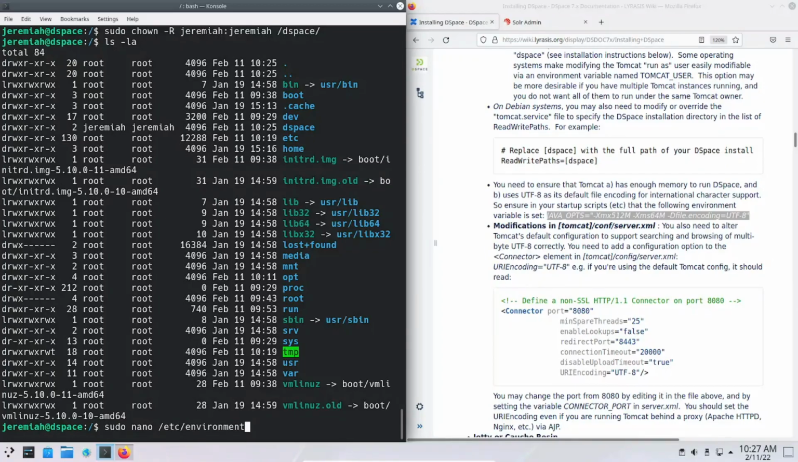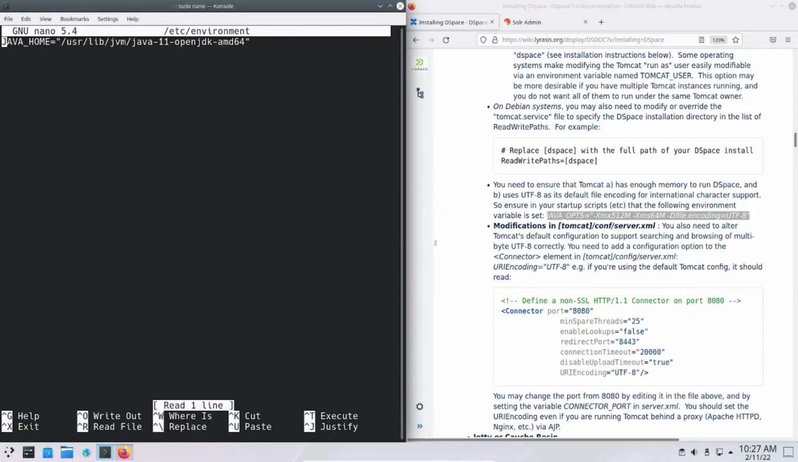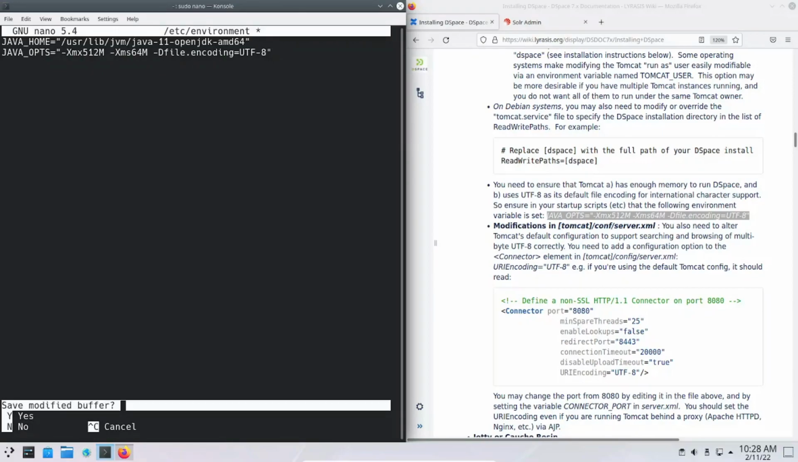So it's that environment file that we had edited earlier for the Java home variable. We're going to do the same thing here. So I'm going to go ahead and hit enter. I'm going to arrow down, and I'm just going to paste what they told me to put here. In this case, you do want to make sure you have quotation marks because there are spaces here. Okay. Now if I do Control X to exit, Y to save, and enter,